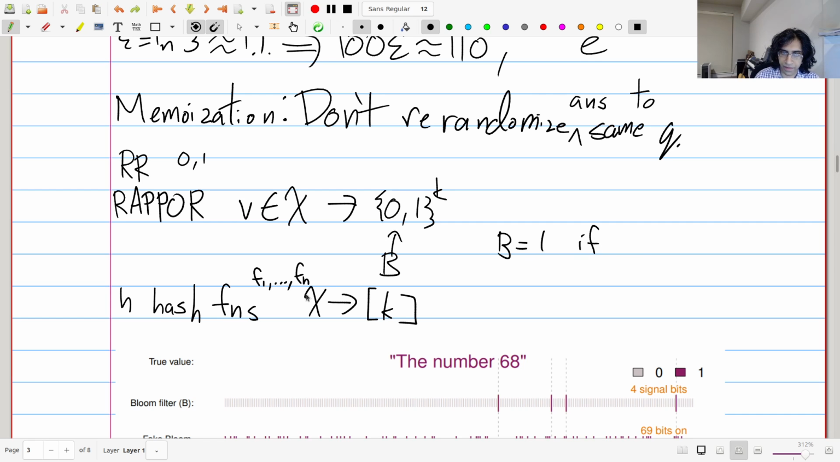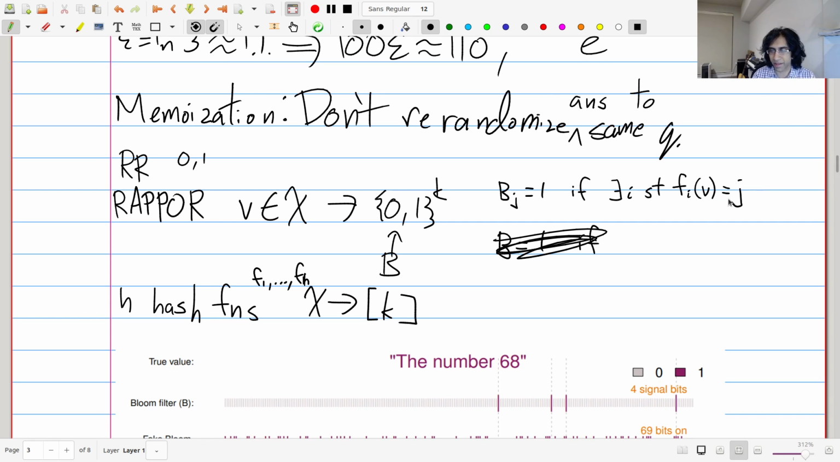Given this, we'll set bj equal to 1 if there exists i such that fi of v is equal to j. This is a really verbose way of saying it, but basically all it says is that you set this vector to be a 1 exactly when a hash function maps it to those values